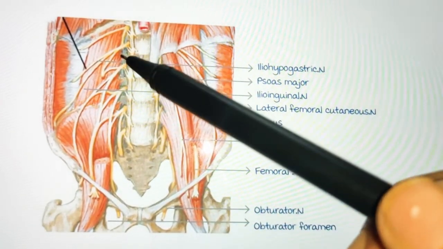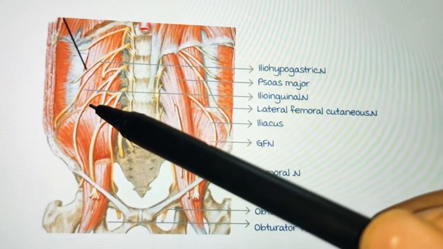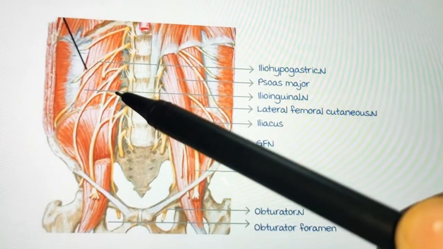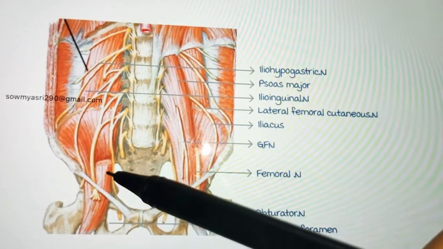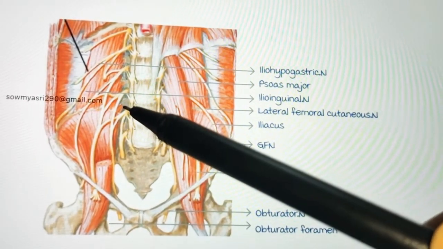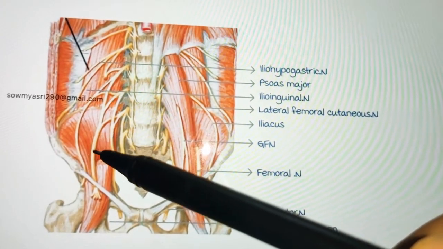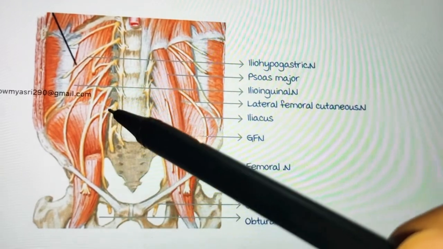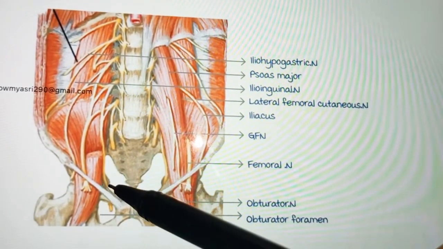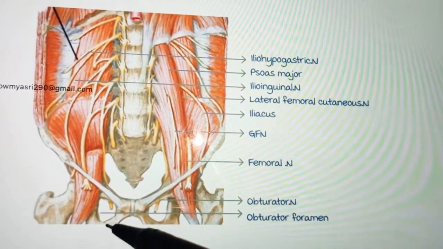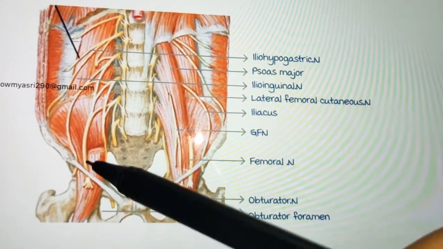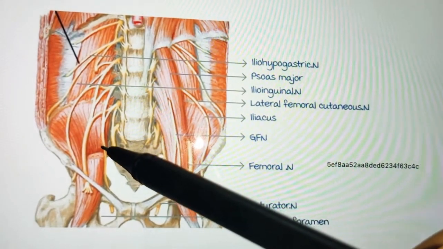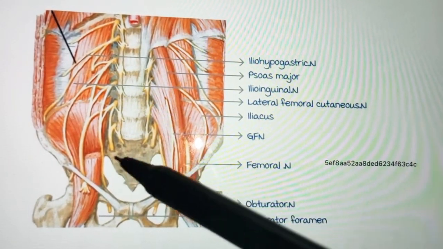And so this is L1, this is L2. So you can see L2 ventral division and L2's dorsal division over here. So you know L2, L3, L4 ventral division will form the obturator nerve. Here it's mentioned, you can see this side. So this is the obturator nerve. This obturator nerve, you can see it is passing through the obturator foramen, right? And L2, L3, L4's dorsal division will form the femoral nerve. You can see here this side they are showing this one.